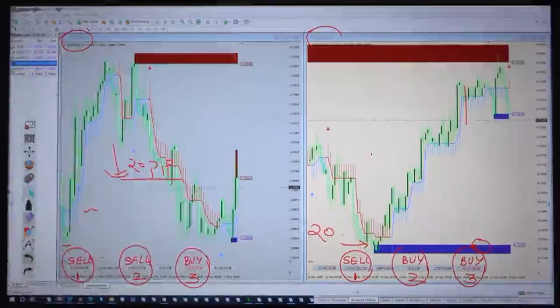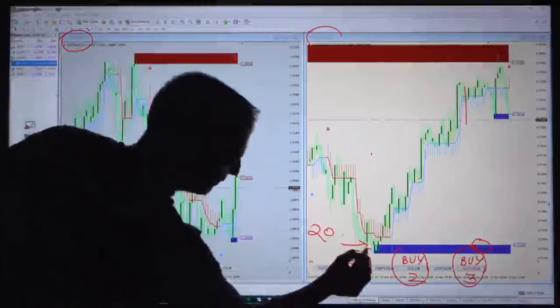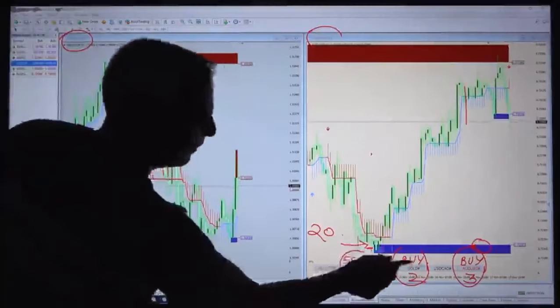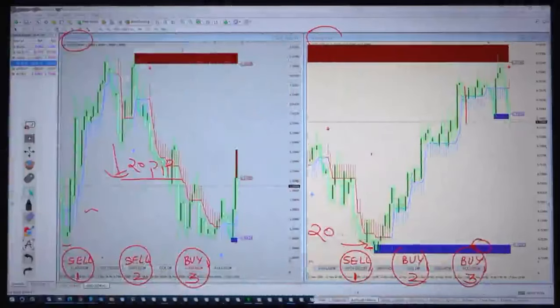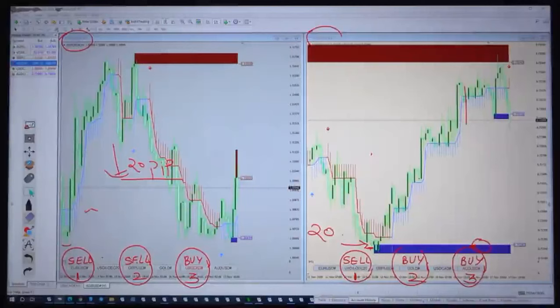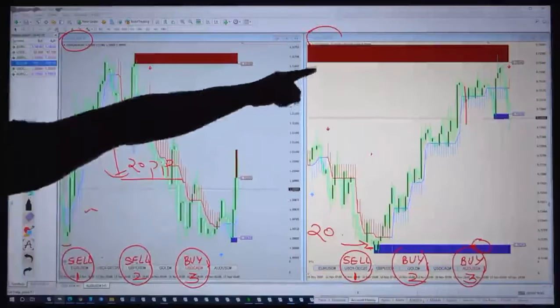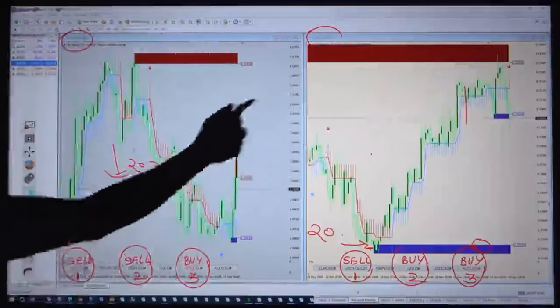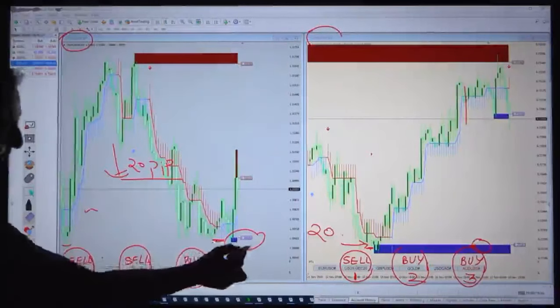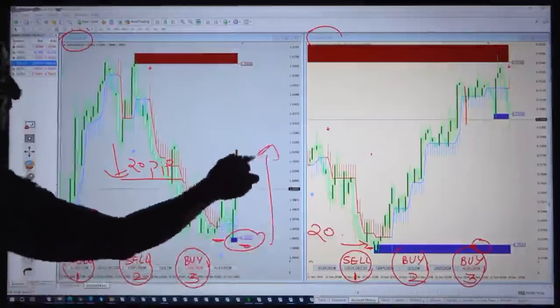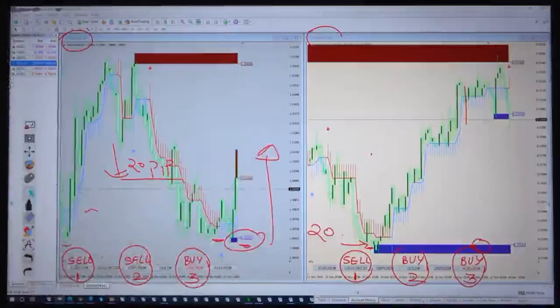Now you can see the gain in AUD USD right from our supply zone, right from our support level, 0.7220 to 0.7330, almost 100 pips of gain against the loss of just 20 pips. Now what happened here? You can see here we exited, and here we took the new entry. As you can see, the supply zone has already begun, 1.3060, and right now this profit is already running against the 20 pip SL of AUD USD.